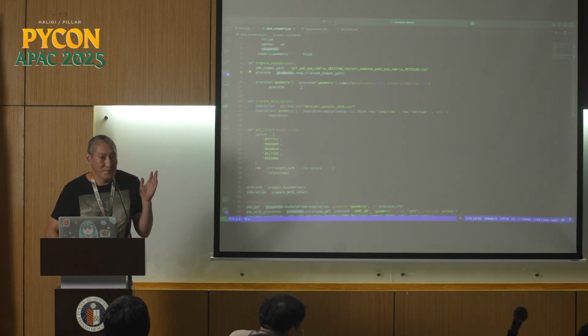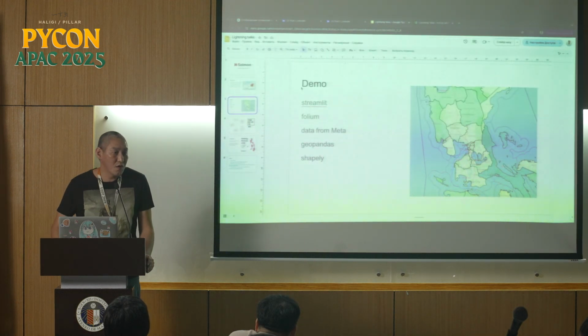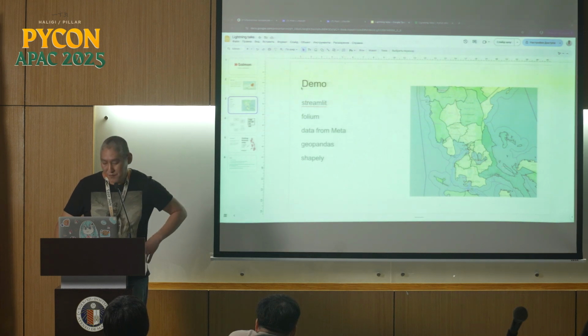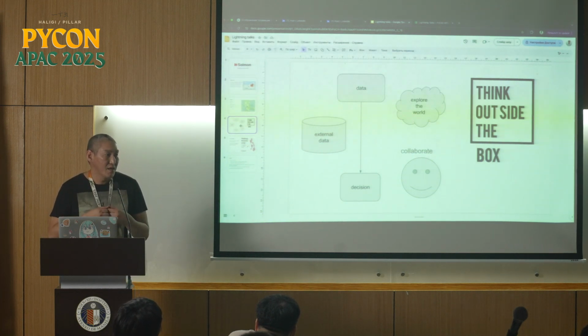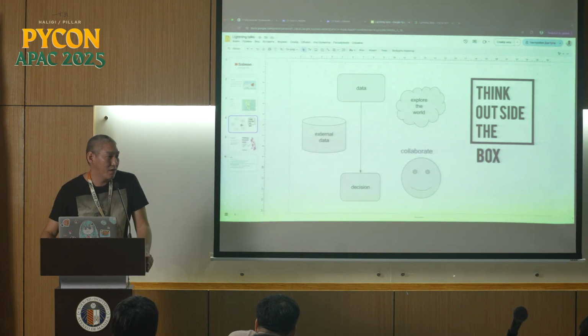It's really not rocket science or anything else, but it can help to look wider at our data, because when you work with data you just go deeper, but sometimes we need to step back and look wider at our data. So we need to explore our data, also we need to extend our data, explore the world,